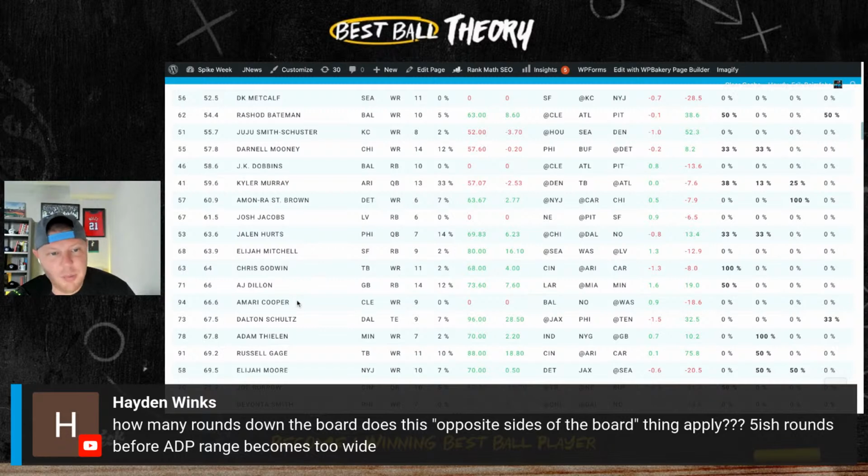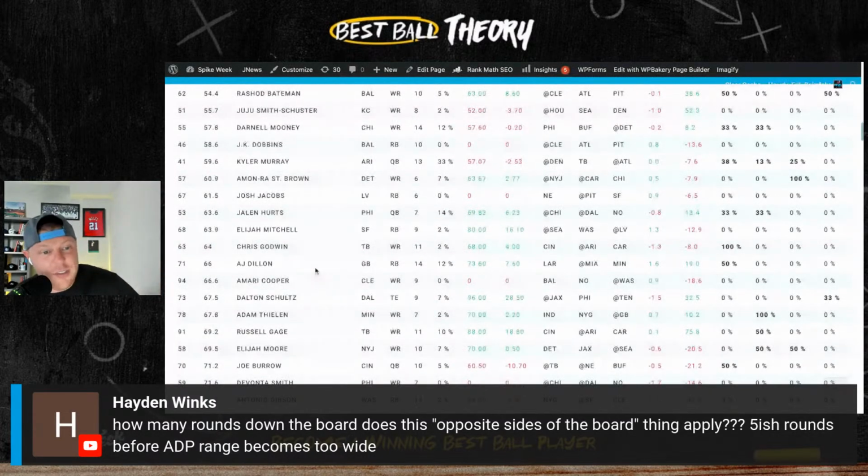Amari Cooper is going to be playing with Jacoby Brissett, right? AJ Dillon is on the Packers as an early down grinder, splitting the backfield with Aaron Jones, not catching any passes, and Davante Adams isn't on the team anymore, so the offense might stink. But he goes here, right? Dalton Schultz, we're taking Dalton Schultz. Dalton Schultz goes 67th overall. What are we doing here? Russell Gage goes 69th overall. Why do these guys go there? Because there's nobody left to take